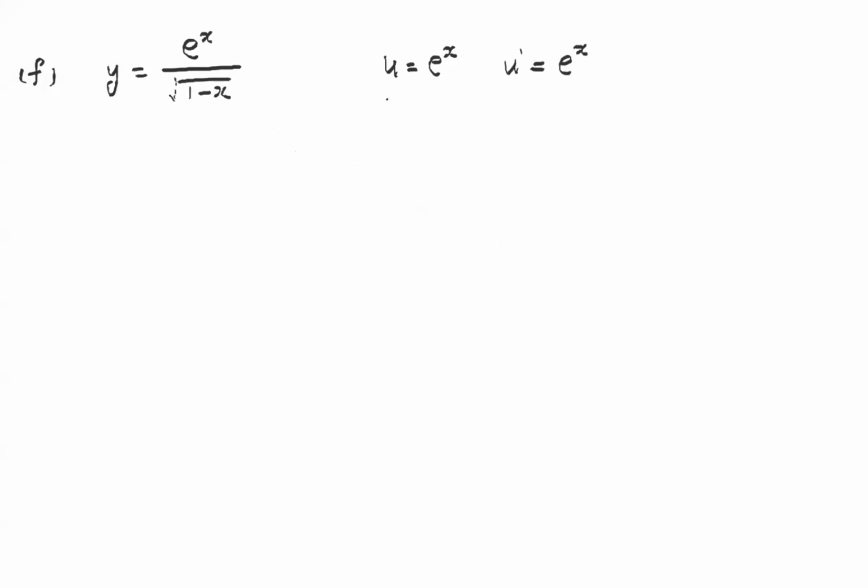Or you do it like that also is fine. So your v is equal to (1 minus x) to the power of half. So your v prime will be equal to, by chain rule,